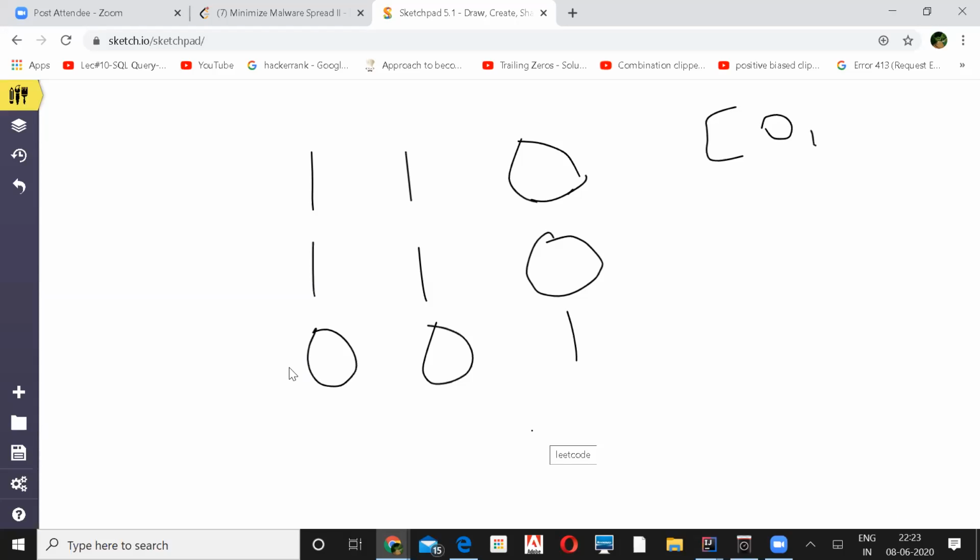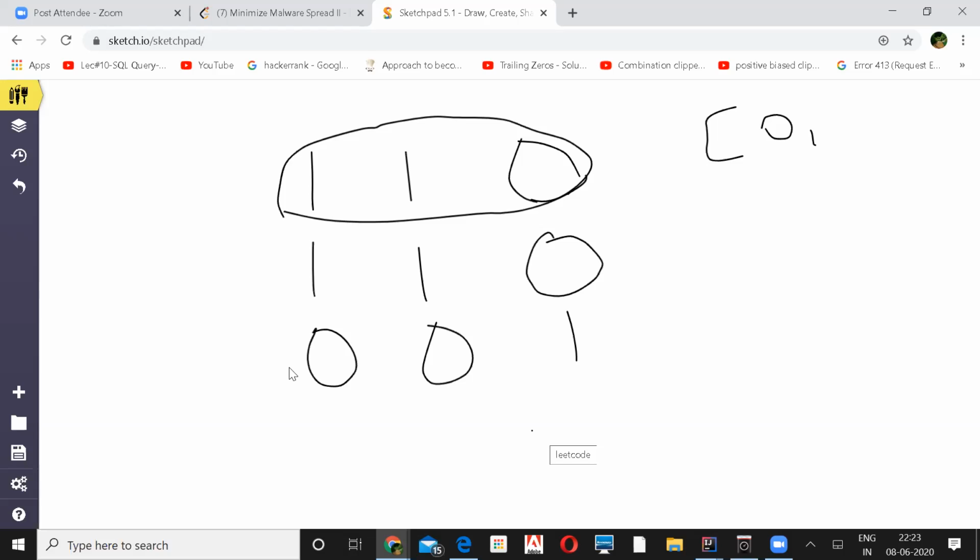So 012, you are saying like this. Yeah, like initially all the 3 nodes are affected. So in that case also 0 will be the return value because it is infecting more, right? And 1 is infecting the same amount as 0, but 2 is infecting only a single node, correct?